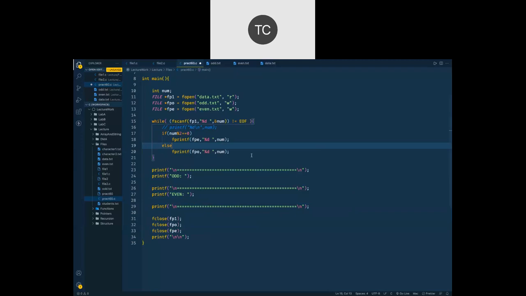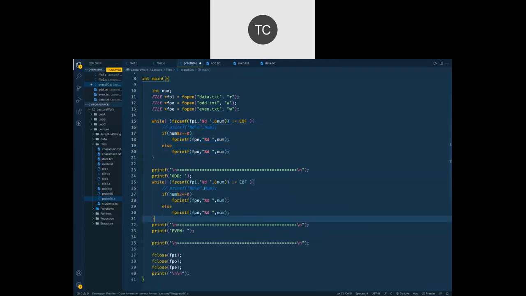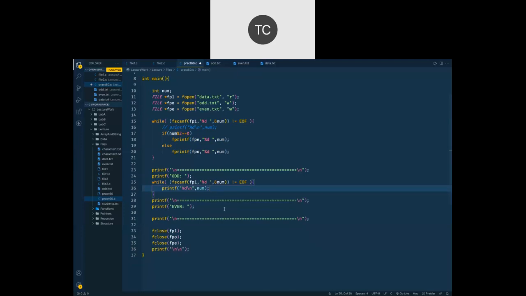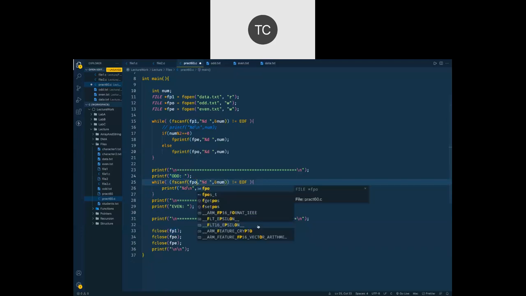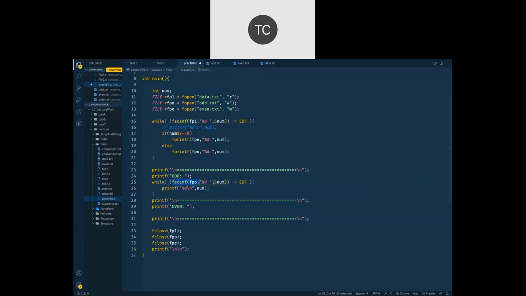So how do we read those files? Well, we have read it already, so I'm going to copy and paste it here. But what we need is at this place I'm going to print that data, no other conditions, and I'm going to print odd numbers. The file that I'm going to scan is FPO, right? So scan your odd file, have a number, and print that number on the output screen. Simply printf, and instead of \n, let us have a space. Just like this.